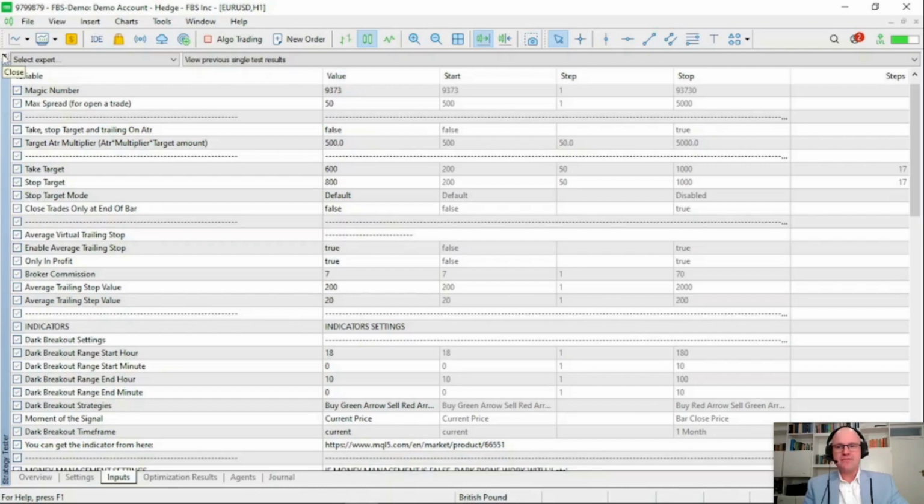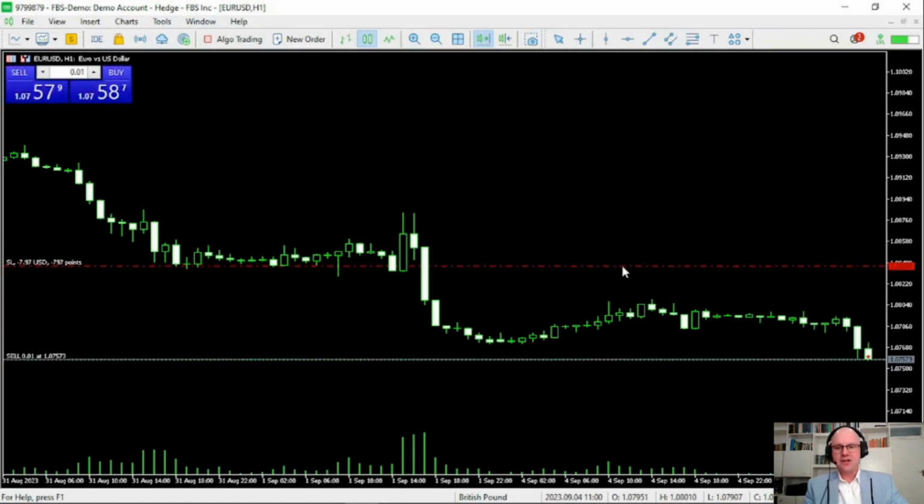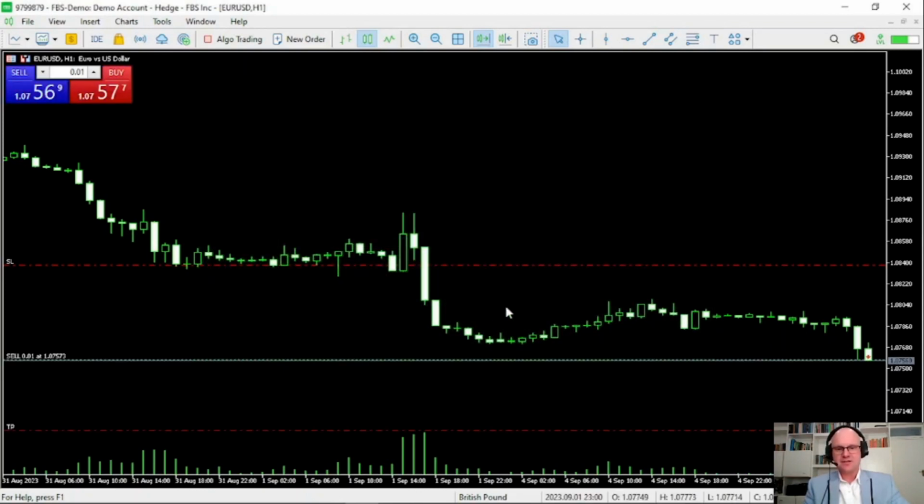By doing this, we can then further increase what we are risking per trade by adjusting the lot ratio. So if we enter a sell trade and we have a stop loss of 80 pips or 800 points, it equates to $8. And then the alternative for our take profit, which is set at 600 points, that equates to $6. This means for every $8 that you're risking, you're aiming to make $6.